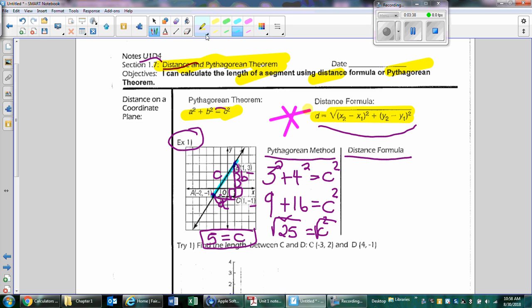So what I need to do is write out what your x1, y1 is. If I label A as my x1, y1, and B as x2, y2,